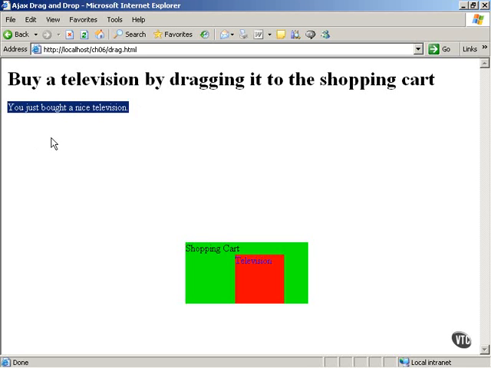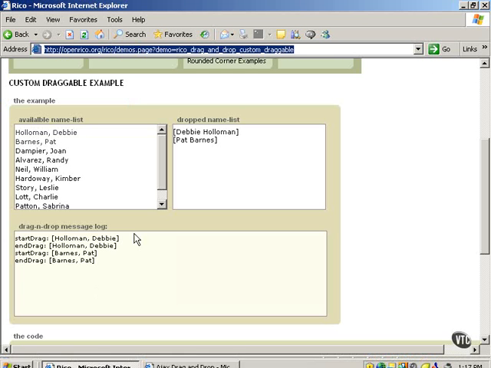That data is displayed. It doesn't have to be displayed. It can all be behind the scenes, but the idea here is it saves the user several steps when working with shopping carts. And that's one of the common uses of dragging and dropping data using Ajax. You don't have to use a shopping cart, of course. You can